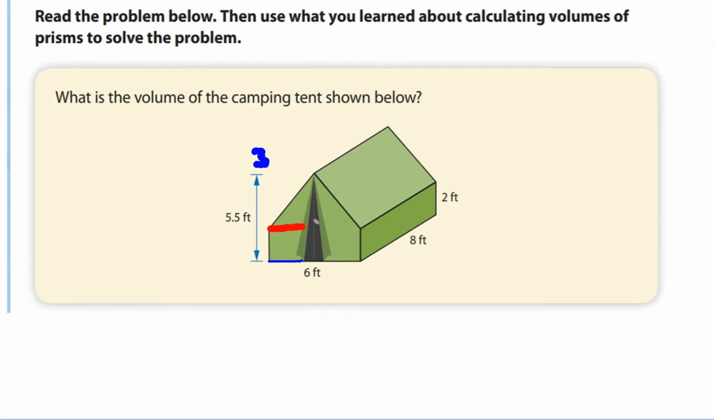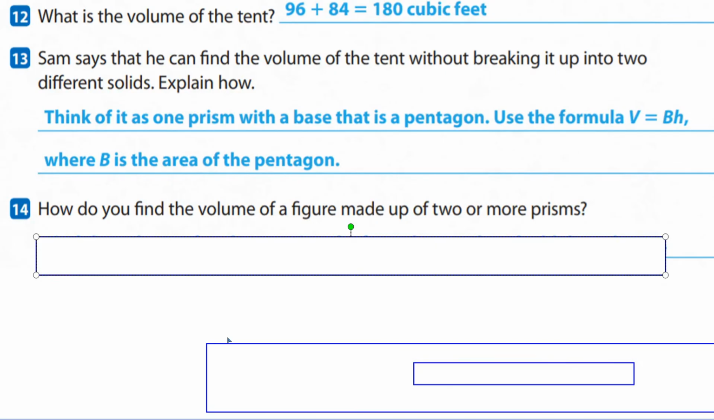Let me erase this for a sec. Okay, and notice that the base here is a pentagon. How do you find the area of a pentagon? It's on your reference sheet. Okay. And by the way, the area of a pentagon is not on your reference sheet. I was thinking trapezoid. No biggie, but yes, you can find the area of that pentagon and then multiply by